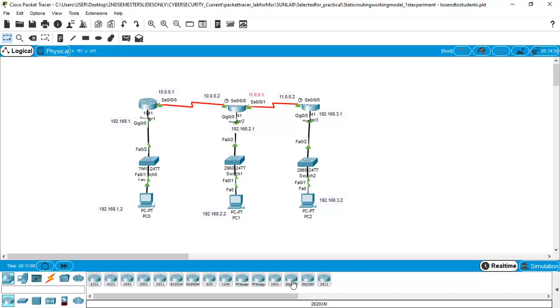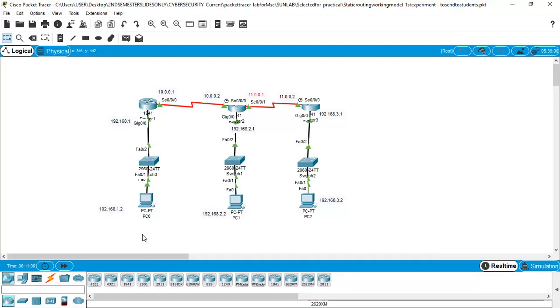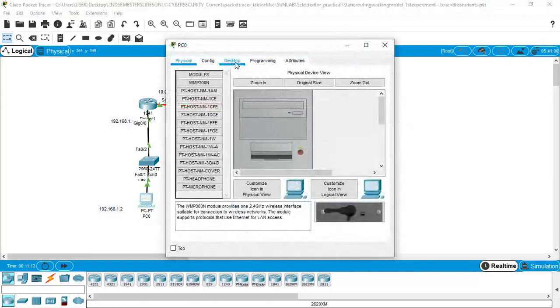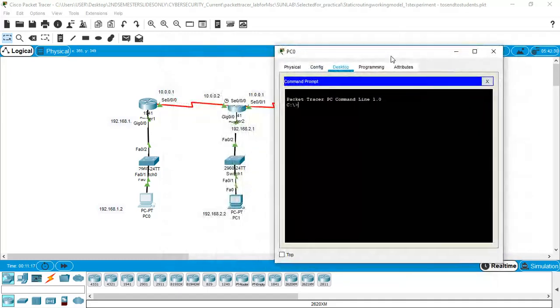Just to show you that these devices are not communicating with each other, we will ping PC1 and PC2 from PC0. Ping 192.168.2.2.